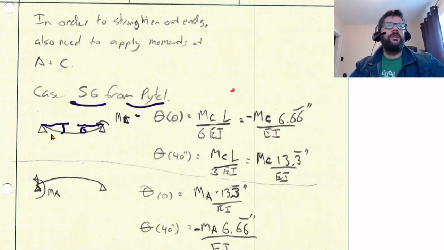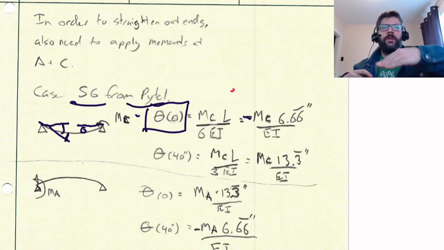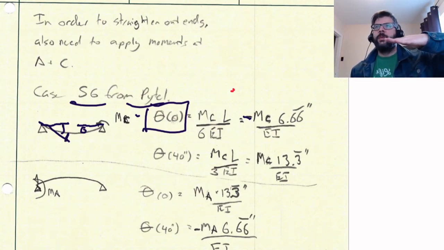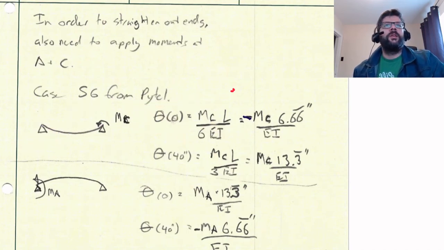So if you're adding stuff and subtracting stuff together, you need to define your own sign system. So basically the angle here, it's a downward slope, so I'm going to throw a negative sign on here, despite the fact that Pytel didn't have that negative sign included, because basically they were just assuming that you could look at it and say, all right, it's slanted that way. So basically when a particular moment is applied at the end here,